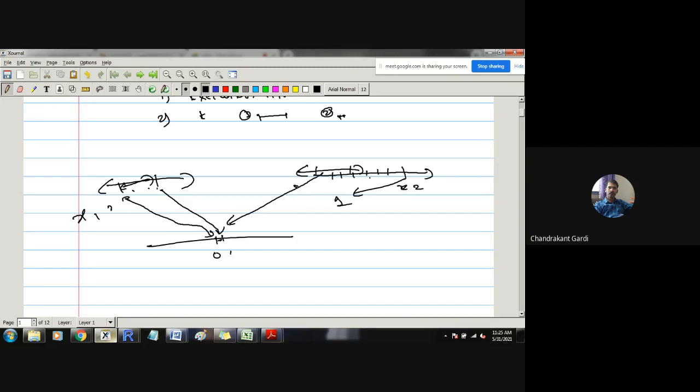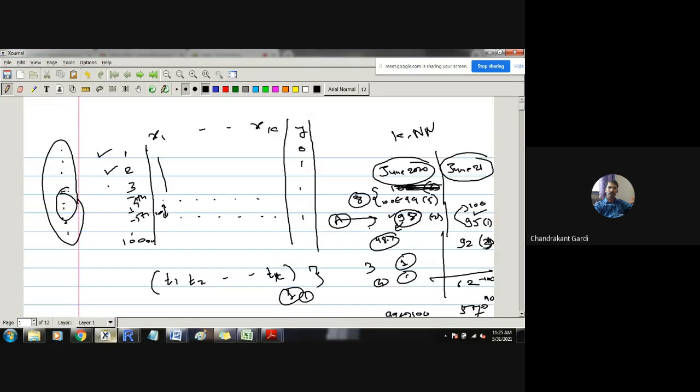And we have seen one transformation: x minus minimum, divided by max minus minimum. Whatever observed value is there, minus the minimum value of that particular variable. Suppose we are talking about this ith observation for variable x1.